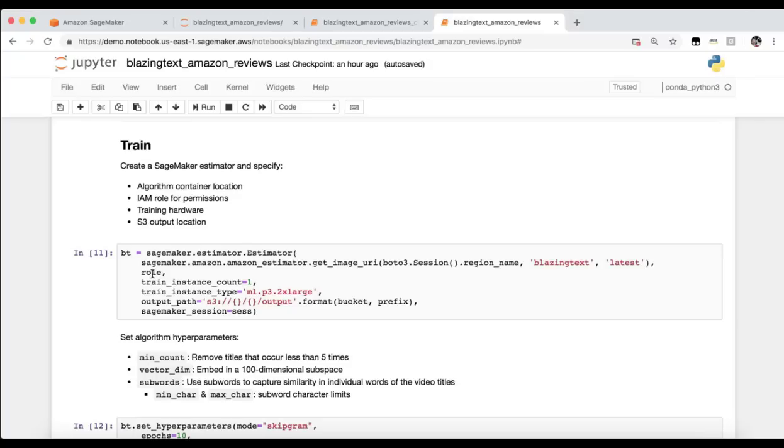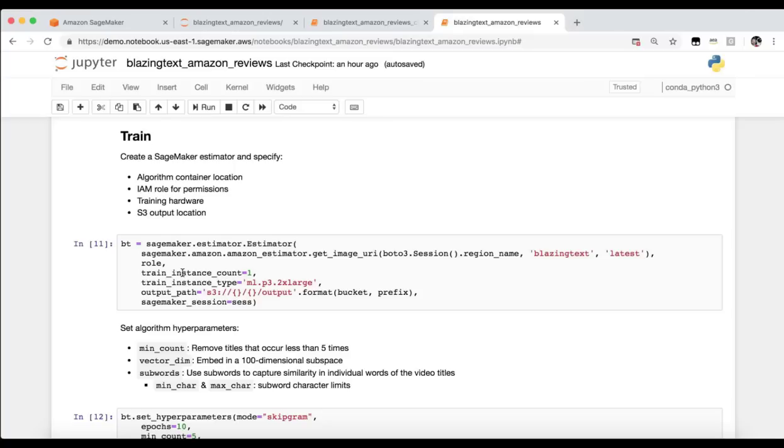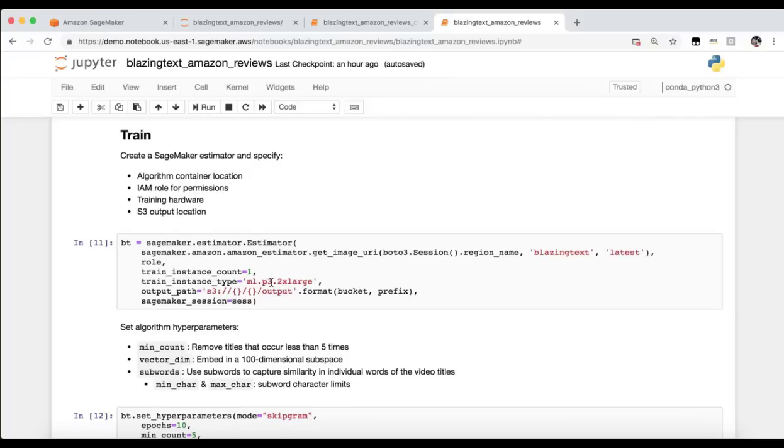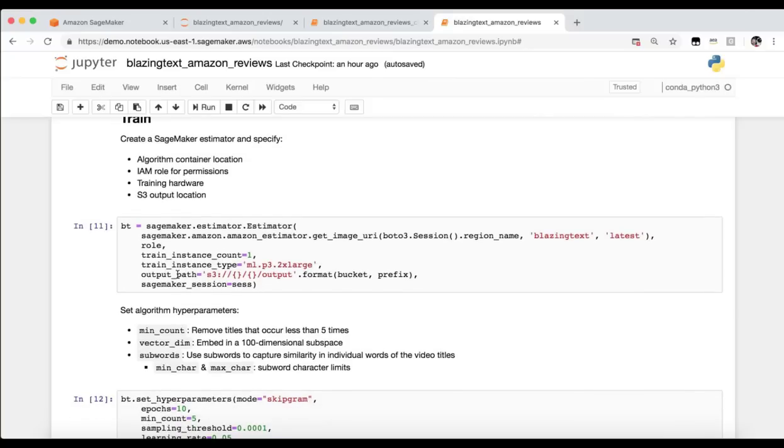We will define the IAM role, so we have permissions for data and SageMaker functionality. We'll define the hardware configuration for our training cluster. Notice that even though we spun up a relatively small CPU instance to orchestrate this, we're going to train on a GPU instance to really accelerate our training. We'll also define the output path for S3, and then